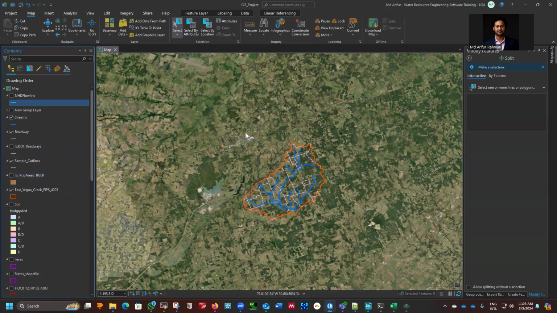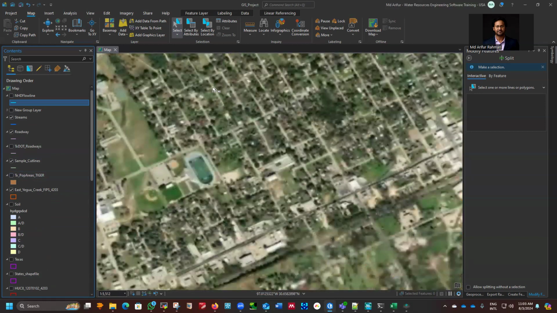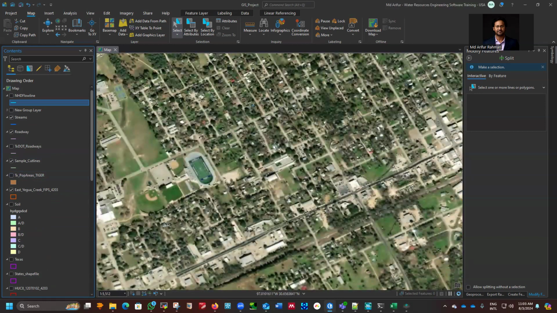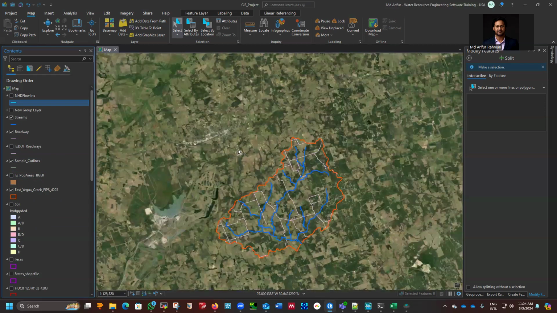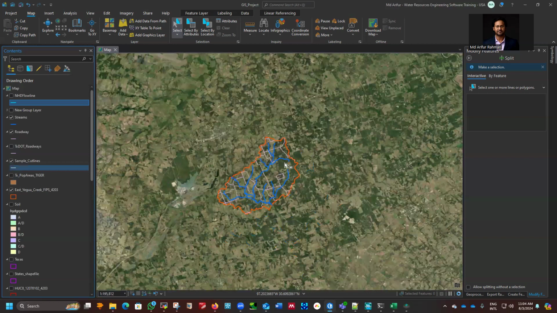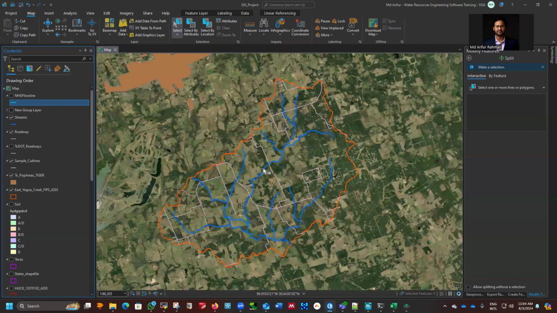Let me turn it off, and you can see we have the community. If you have any community, you can follow the streets, and then you can even refine your mesh, because those are the important locations. But luckily for this study area, we don't have any cities, right? Any population. It's a rural area, so that's good. And roadway, we have streams, we have populations, and we have also